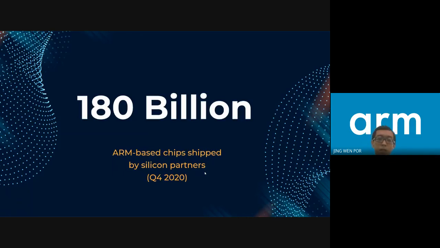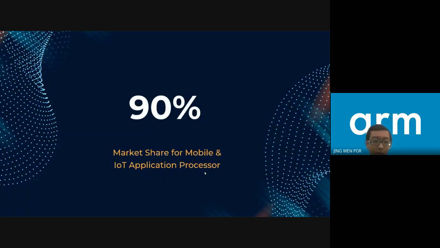ARM processors, as a conclusion, stand out because of their smaller size, reduced complexity, low power consumption, and low heat dissipation characteristics. They are extensively applied in increasingly miniaturized devices such as smartphones and wearables. As of 2019, ARM has a market share of 90% for mobile and IoT application processors, and 75% market share for in-vehicle infotainment and driver assistance applications.